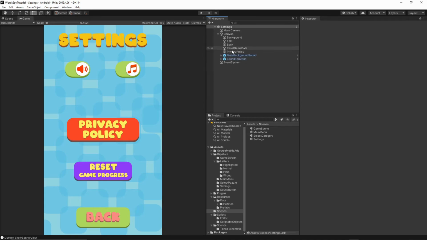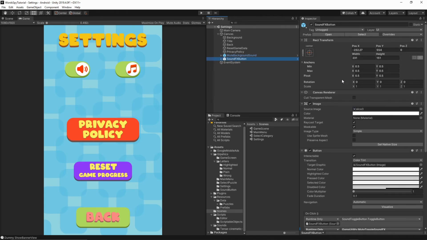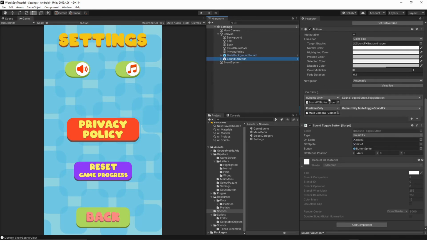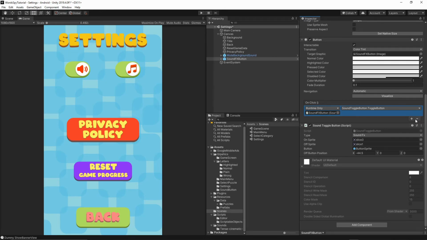Let's go to the canvas, select our sound effects button, and then let's go on our click event. So on click events, as you see, we first of all toggle the graphics, and then we're muting the sounds. We should call this function first, then the other one. So I will just take this function out and take this function out, and then let's click this plus, grab our main camera here.